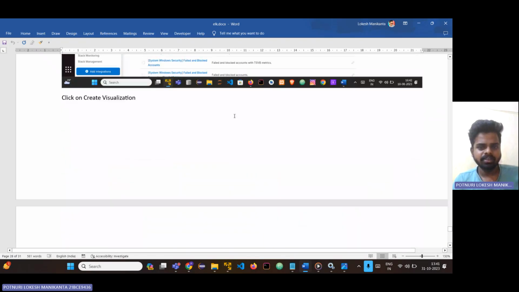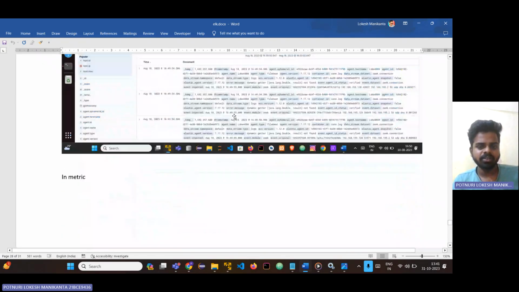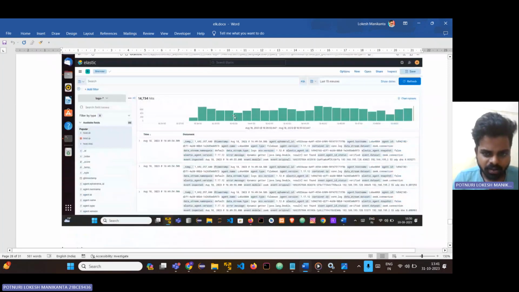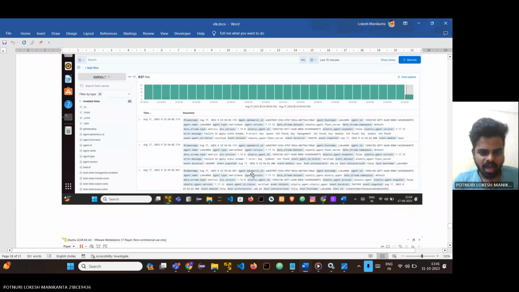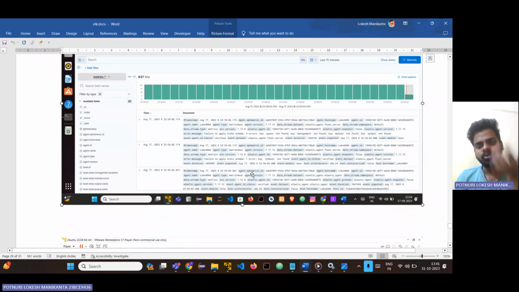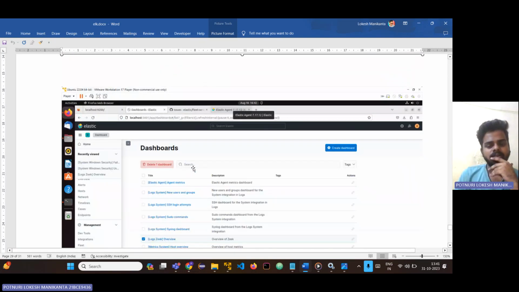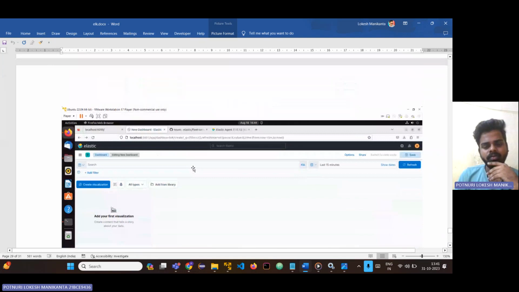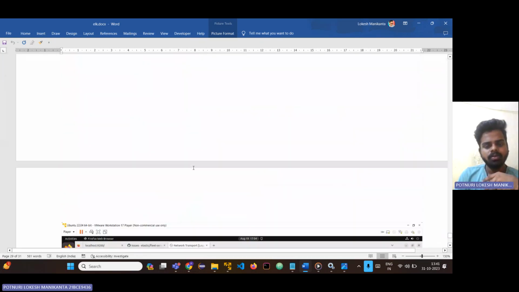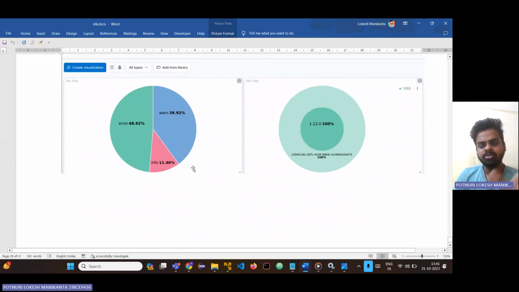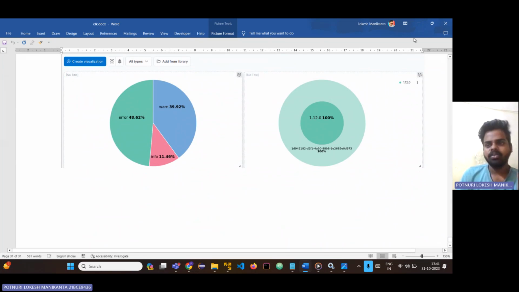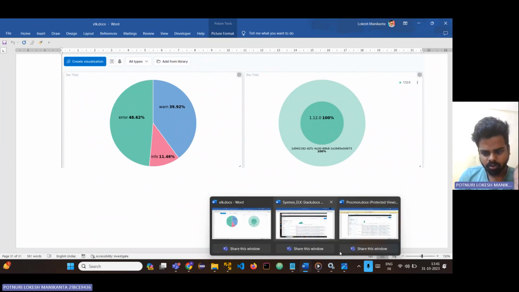And these are the Zeek logs. Zeek is a network traffic tool which collects the network logs of all the systems and pushes them via Kafka. These are the customized dashboards for Zeek which I have made so far. And I'm going to show